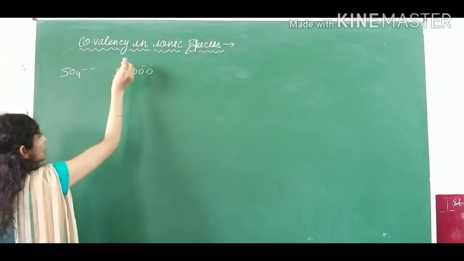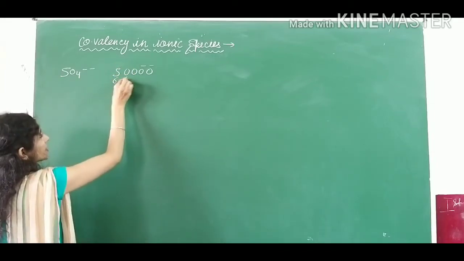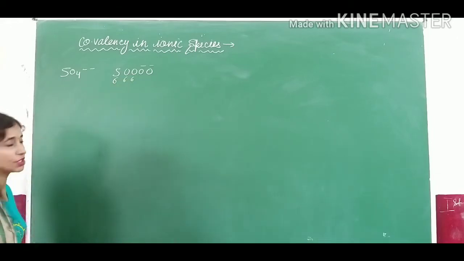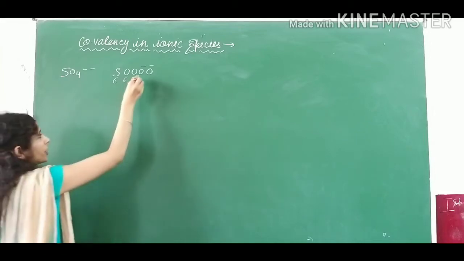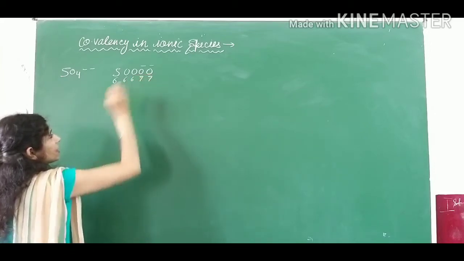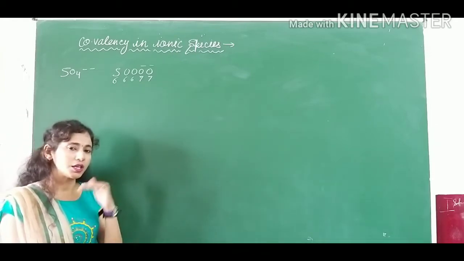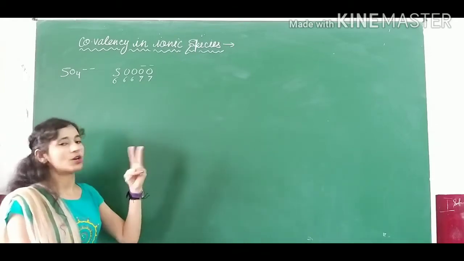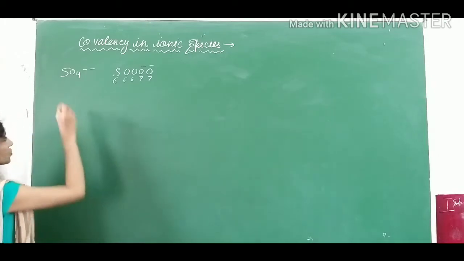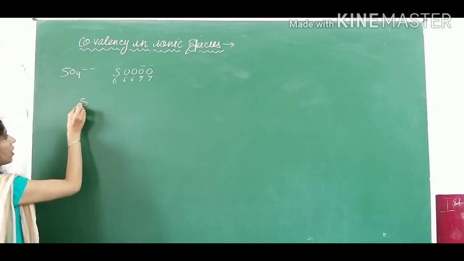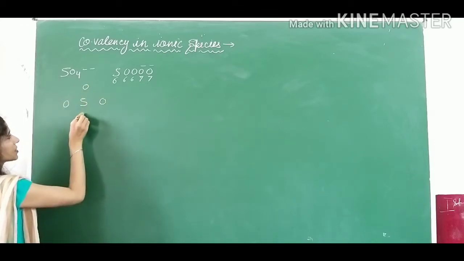So now, as we know, 6 electrons are present in the valence shell of sulfur, and 6 and 6 are also present in the valence shell of oxygen. But 2 oxygens have 2 negative charges, so that means they will have 7 electrons in their valence shell. By gaining 1 electron, these 2 oxygens will acquire negative charge. Okay. So how is this to be shown? Sulfur you have to keep in the center. These 4 oxygens you have to show like this.